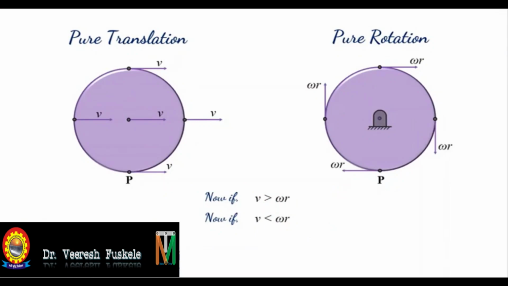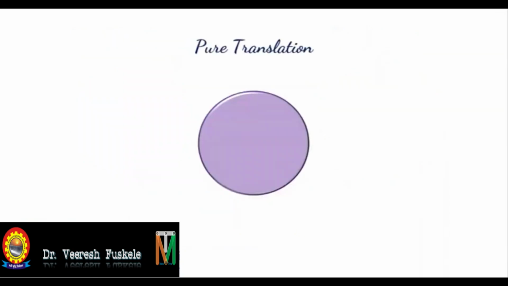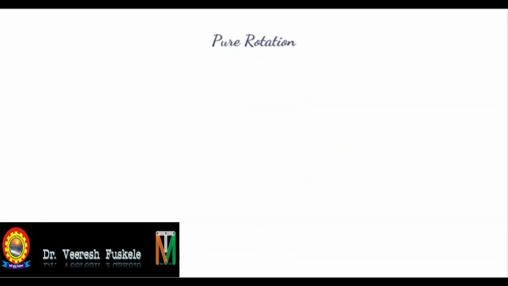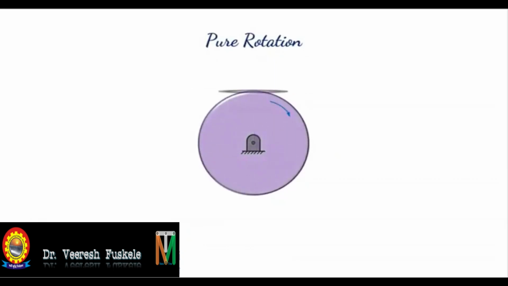Now let us understand the acceleration analysis. So in pure translation, the acceleration at each point will again be the same. The acceleration at each point, as we see, will be equal to a, suppose. Further, the acceleration in pure rotation will again be as shown here. At each point, the acceleration will be equal to r alpha in the shown direction. This will be the tangential acceleration.